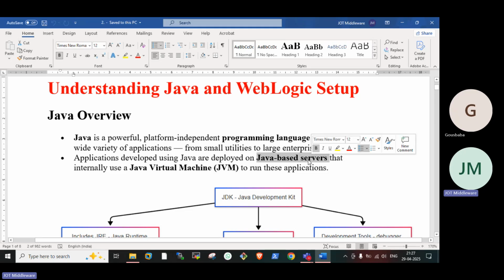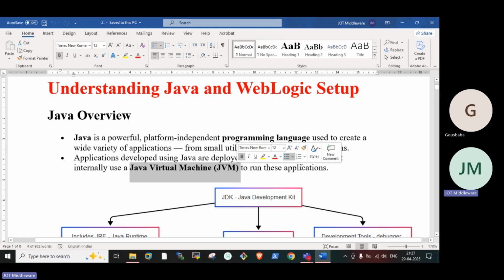These Java-based servers may be WebLogic, WebSphere, JBoss, Tomcat, anything. Yesterday we saw a list of Java-based servers, right? So it can be anything. All those application servers which are Java-based internally use the JVM, which is the Java Virtual Machine, to run the developed